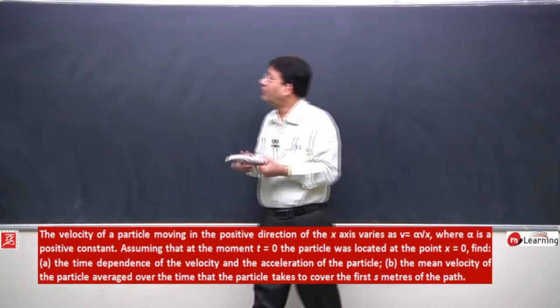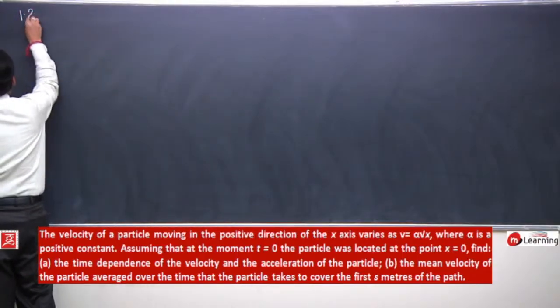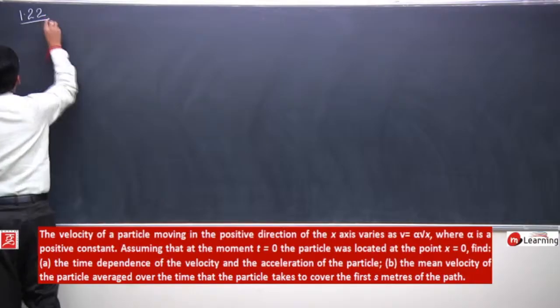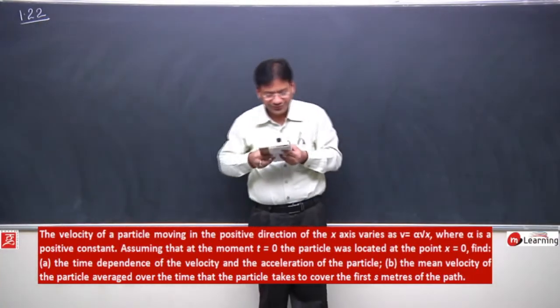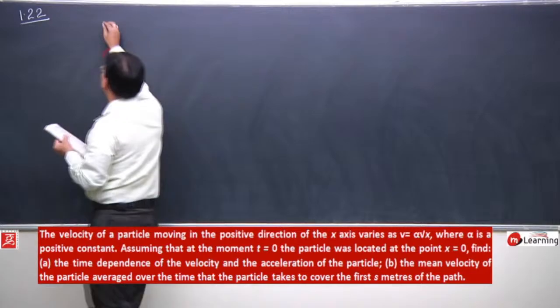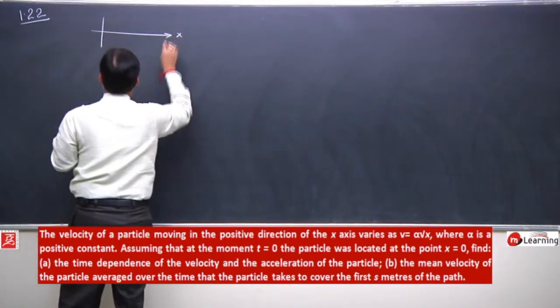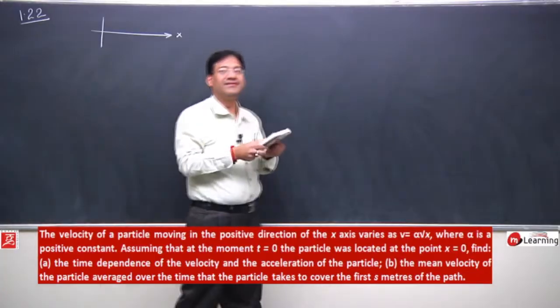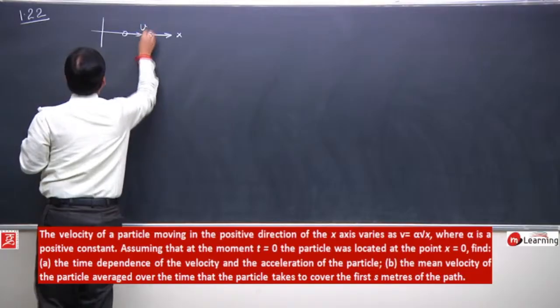Now let's solve problem number 1.22 from this book. Let me read the problem for you. A particle is moving in the positive direction of the x-axis and its velocity varies